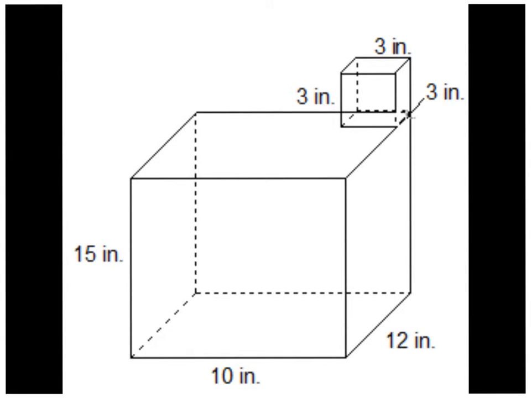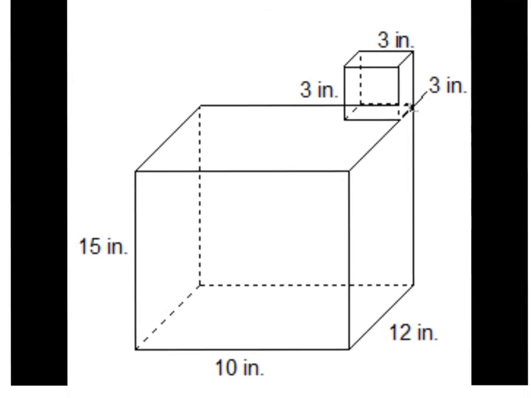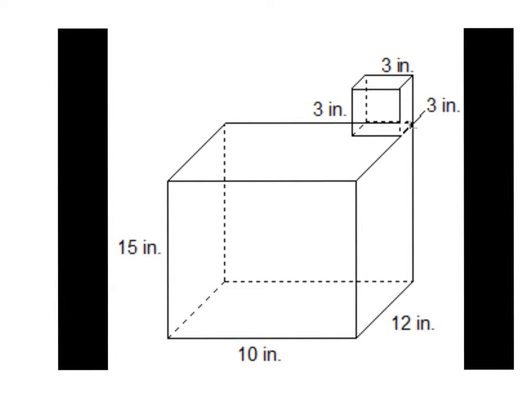Alright, the second one is much easier than the first one, at least in my opinion. So we have a rectangular prism and a cube. So we're pretty much doing the same formula: length times width times height. So the rectangular prism would be 15 times 10 times 12, 1,800. And the cube is 3 times 3 times 3, which would equal 27. And then we would add them together, which would equal